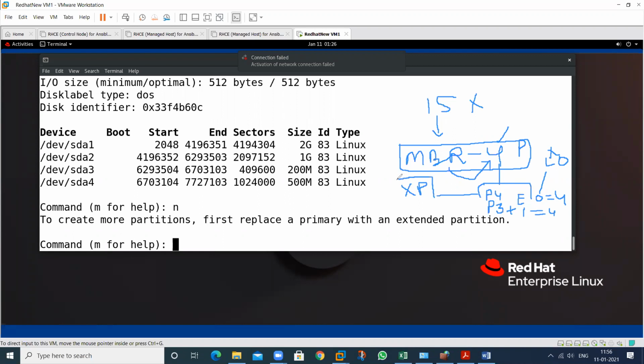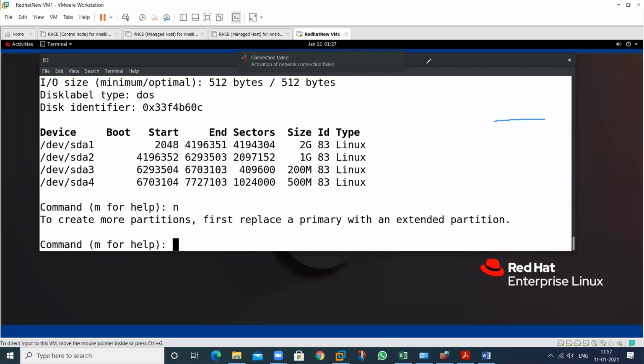In XP, we can only create 4 partitions, but those are primary. So in XP, Microsoft provides a functionality: you should create 3 primary, 1 extended. In this, you can create the logical drives. Same behavior for Windows also. And Linux also has the same behavior. So now your doubt has been cleared.